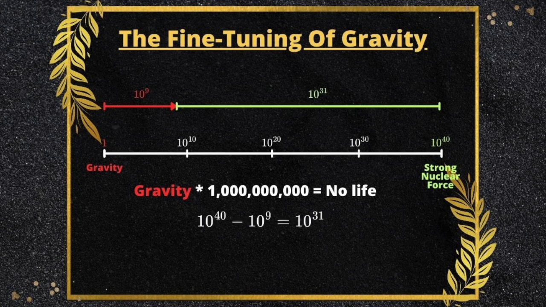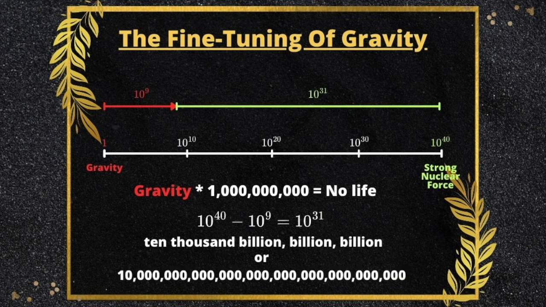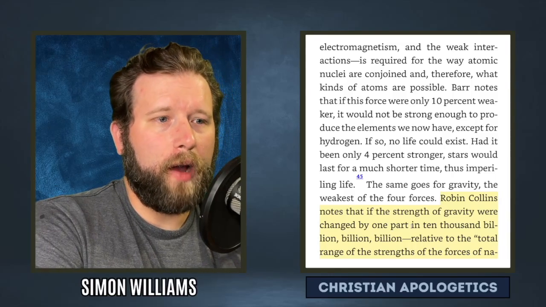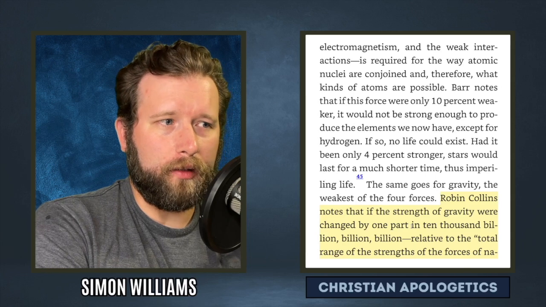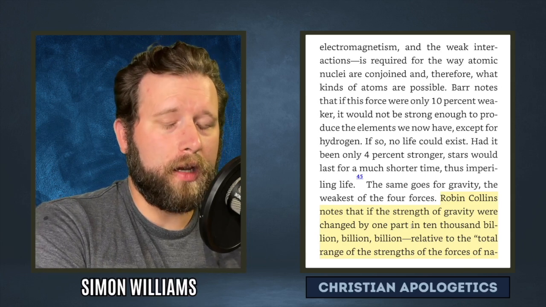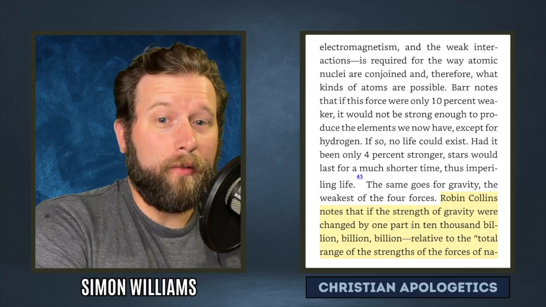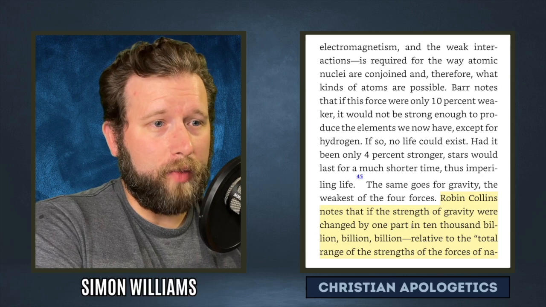When you say that you increase the weakest force by 1 billion-fold, that would make the strong nuclear force 10 to the 31st power times stronger than the force of gravity. And that's where he gets this 1 part in 10,000 billion. When you work out those numbers, it's a 1 with 31 zeros after it. Okay? Many people often think that if you change the force of gravity by 1 part in 10 to the 40th power, then you get issues. But that's not the calculation. Collins is just using a thought experiment saying if we increase the force of gravity 1 billion-fold, then no life is going to be able to survive.